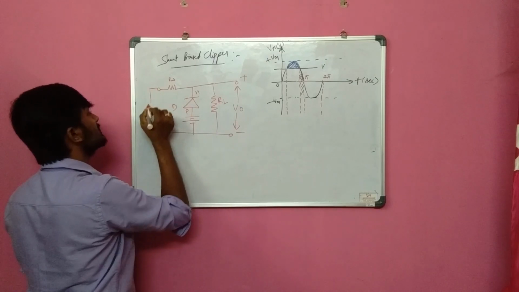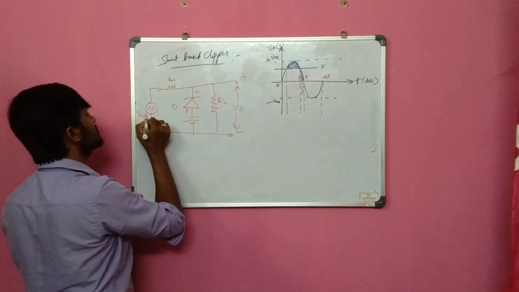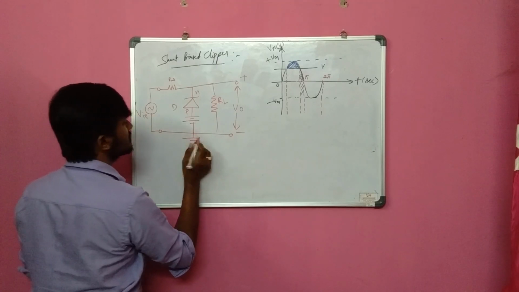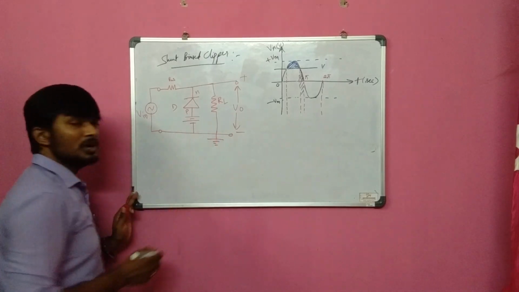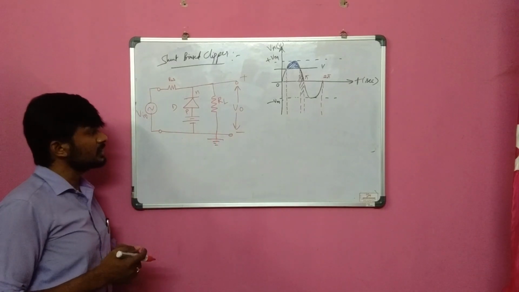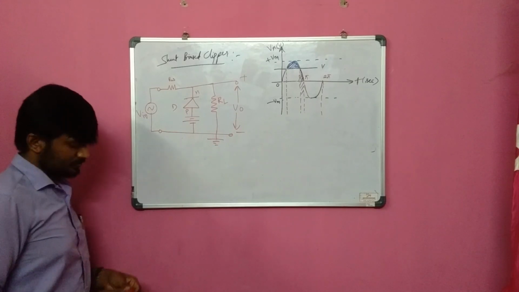So here I am connecting what? Again, always a sinusoidal signal. Vin is always a sinusoidal signal. Let us take the ground connection. You can take any point, whatever may be. All negatives will be given to ground. We all know that. This is the ground representation. So let's analyze the circuit.